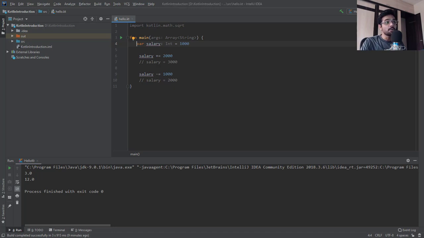In short, what we are doing here is this. Similarly, for multiplication and division, we have plus equal to and slash equal to operators.